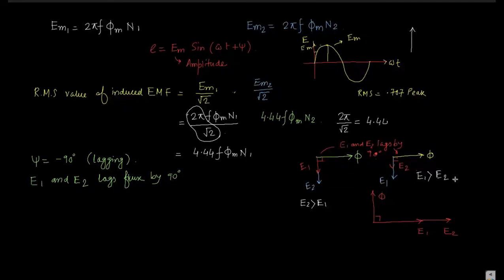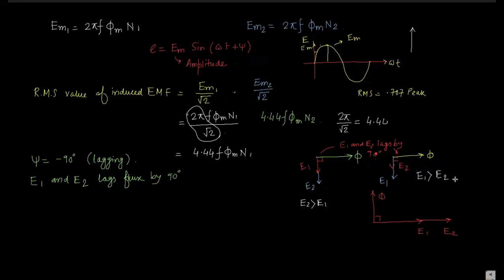So can you tell me what kind of transformer you have seen in your colony or in your area? What kind of transformer is there? Step down. Good, step down transformer, because the supply, that is the generation, is high, and then there is distribution. Our household appliances can operate within 220 or 230 volts. So 440 volt or much higher voltage is coming from the supply side, and we step it down and feed it to our house.